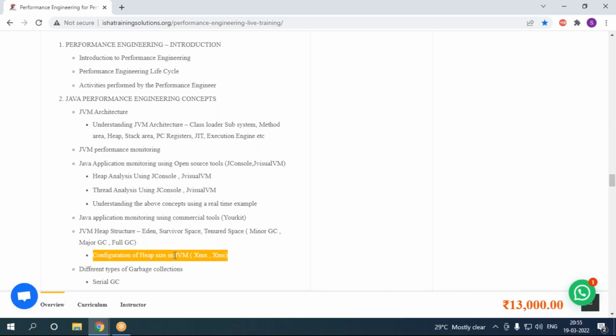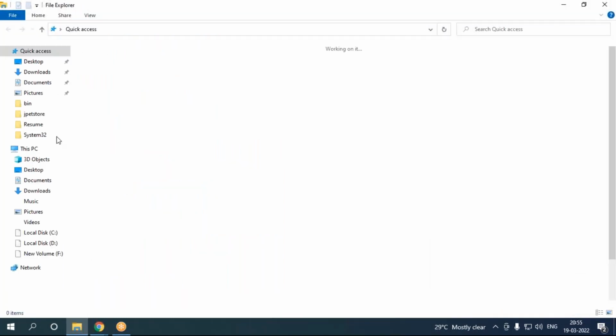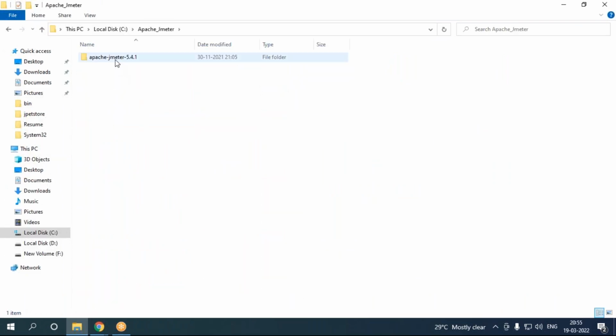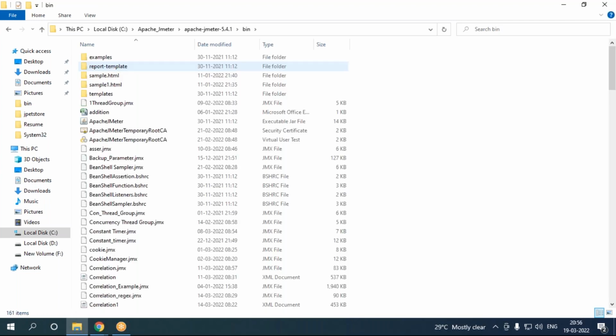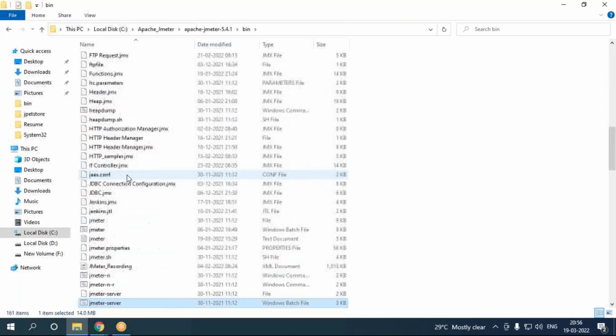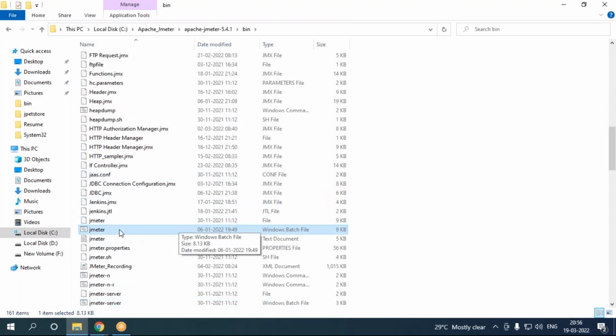Yes, we will be setting the JVM settings in the JMeter property file, where we define the heap size based on the RAM that is available on that machine. Okay, wonderful. That is the reason I asked, because if I go to the C folder, Apache JMeter, bin folder, there is a file called jmeter.bat. If I right click and open it in Notepad++,